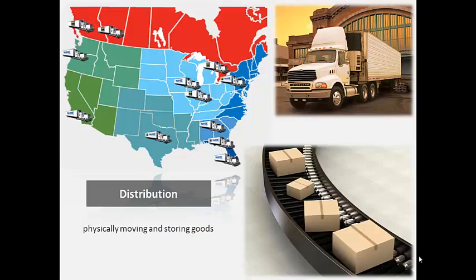Distribution or channel management is the process of deciding how to get goods into the consumer's hands. Physically moving and storing goods is part of the distribution planning. The main methods of transportation are by truck, rail, ship, or air. Distribution also involves the systems that track products. The goal is to find the best way to get the product into the customer's hands based on his or her purchasing methods.